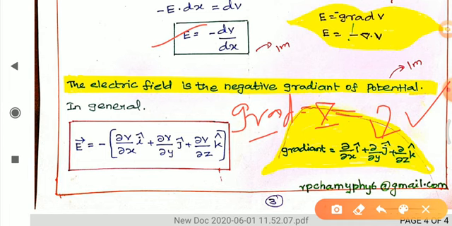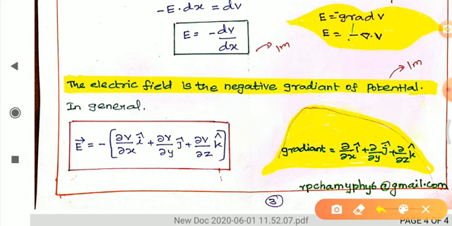If any function is given, we have to write the function with dou by dou x of f, or dou by dou x of whatever function they are giving. Now E vector is equal to dou V by dou x into i cap. Here, what is the function? Potential is the function. That's why we write dou by dou x of potential into i cap plus dou by dou y of potential into j cap plus dou by dou z of potential into k cap. Otherwise, simply we can read it as dou V by dou x into i cap plus dou V by dou y into j cap plus dou V by dou z into k cap. Okay, this is the final form.